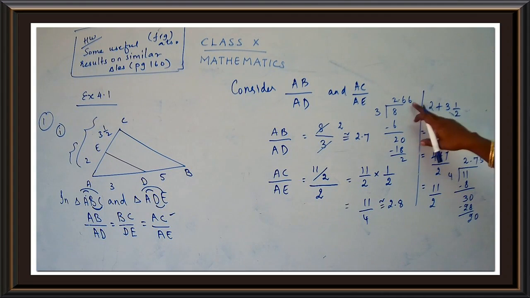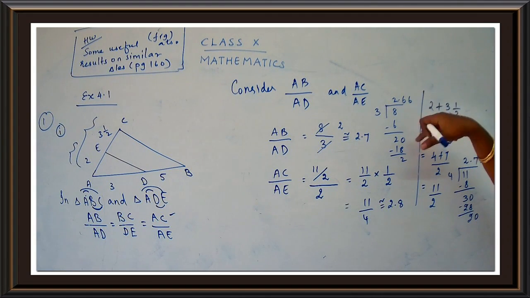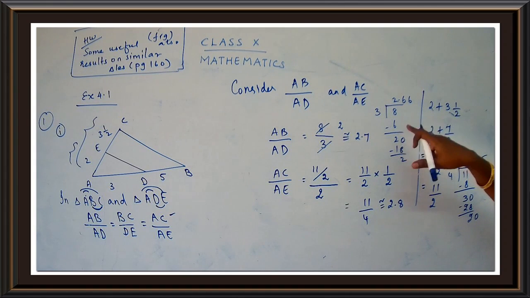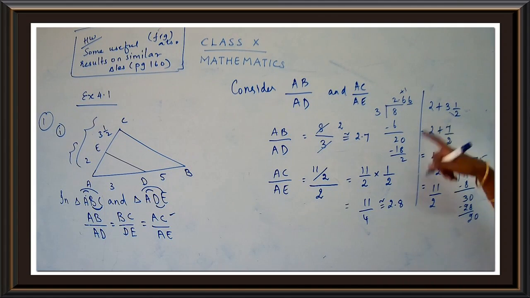This is greater than 5. So when you stop, or when you have to round it off, you have to add plus 1 over here and this turns to be 7, if it is 5 or more than 5. So 2.7, and here I get 4 and 11. Yes, you are dividing 11 by 4.